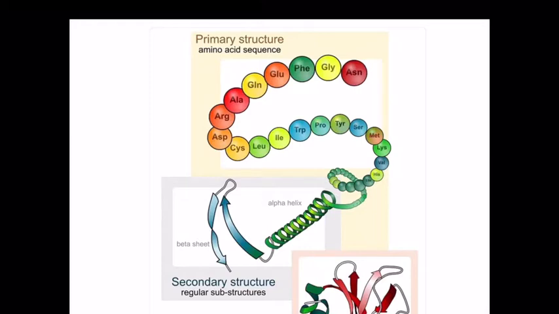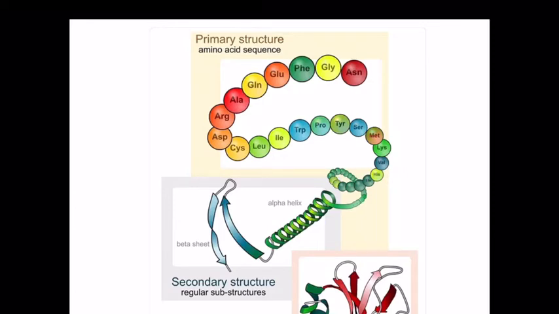When we're building proteins, we're doing it inside any one of our cells in our whole body. We should be able to make proteins, and it's the ribosomes that are doing it. The ribosomes are assembling this sequence of amino acids. Once that sequence gains a certain length, it will start to twist, and based on which amino acids are in sequence with each other, we're going to get either an alpha helix or a beta sheet.